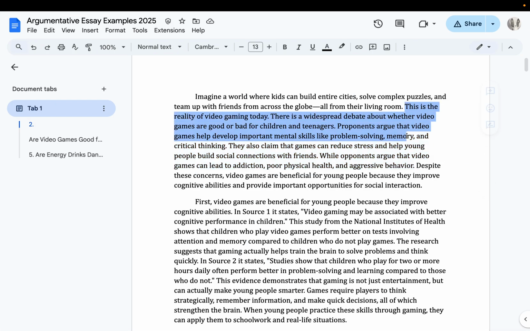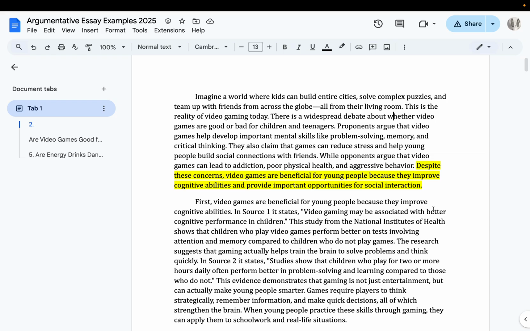This is all overview. It mainly starts here. So that's what I highlighted. Actually, no, it's this right here. This is the overview. Okay, and then they have their thesis statement that I'm gonna color in. Let's see what color I do. This yellow. Despite these concerns, so you see how they're taking a side already? This is the thesis statement.